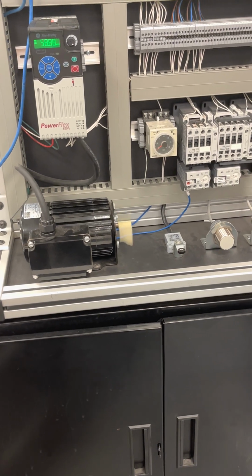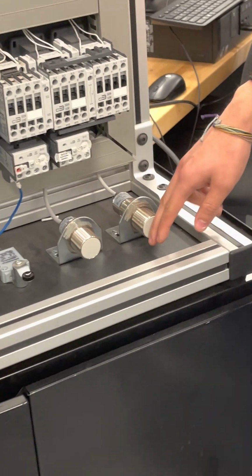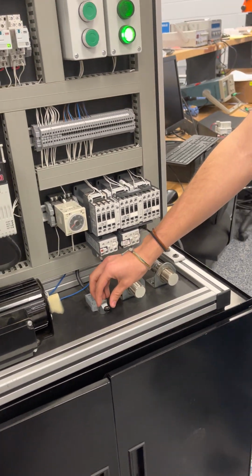What are those little sensors over there for? What does that do? This is a proximity sensor. It triggers whenever something's in front of it. This is an inductive sensor, so if I put my piece in front of it, it'll trigger. And this is a...